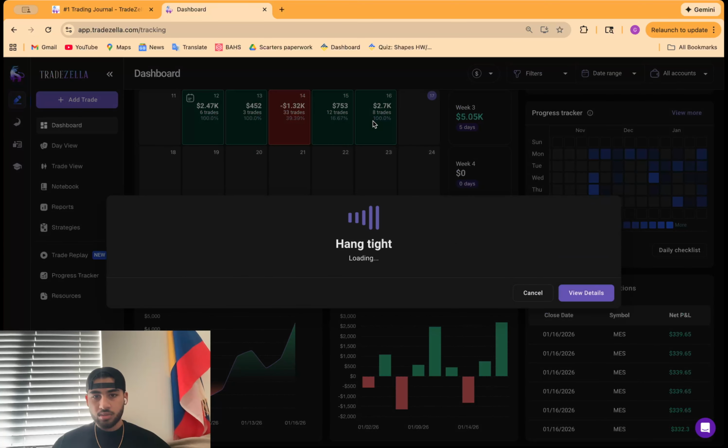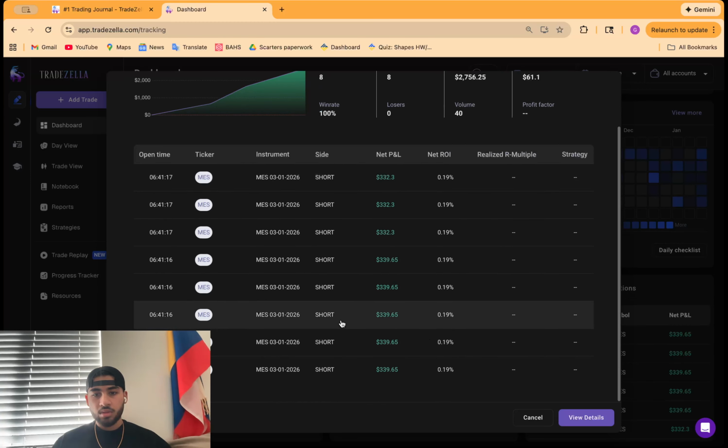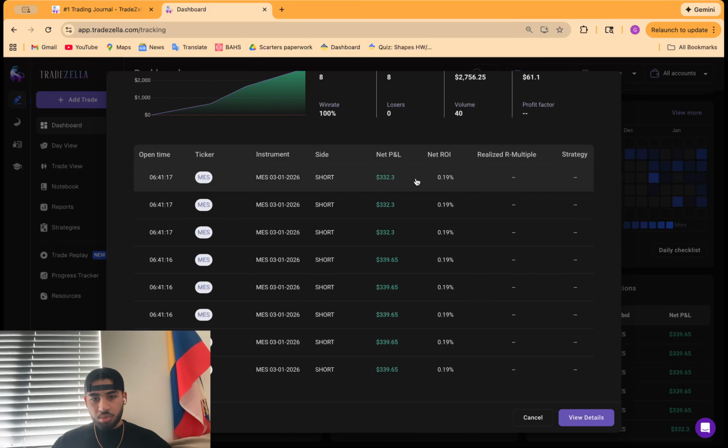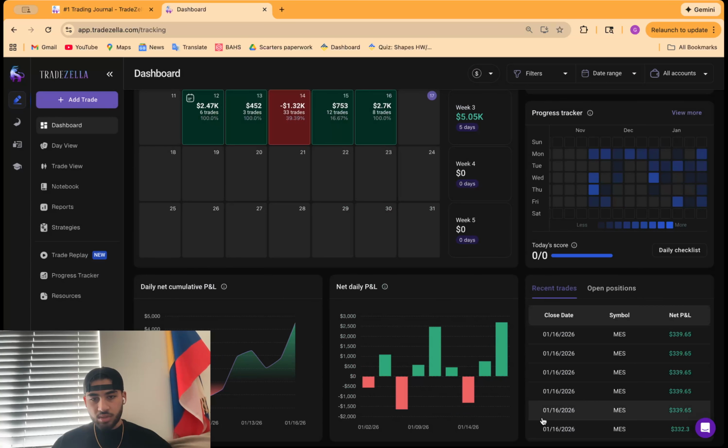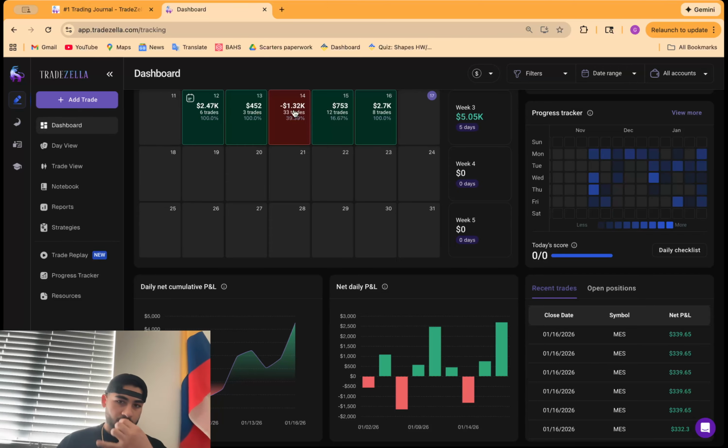Yeah, here it is. 2 point... I think 8 trades total across. It was one trade, but it's across 8 accounts. So it was literally almost all even trades. And yeah, traded 5K on the week. Day before that, I made 2.47K Monday, Tuesday $452. Small trades, and then lost money 1.32K on Wednesday. Thursday we made another